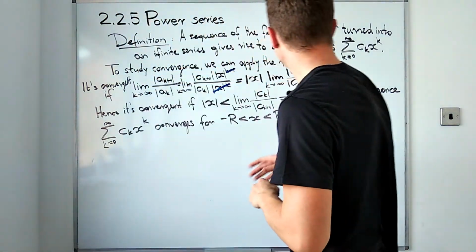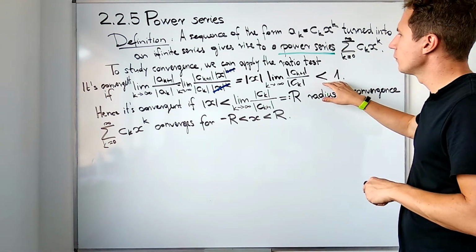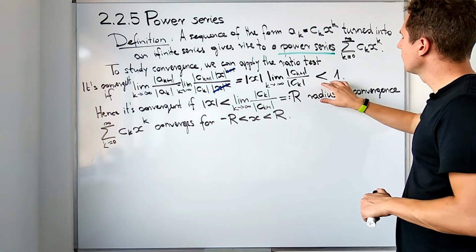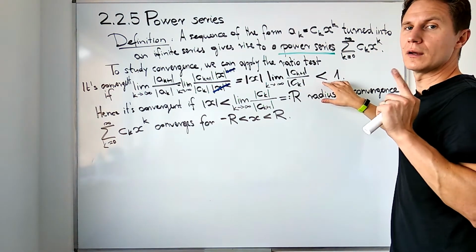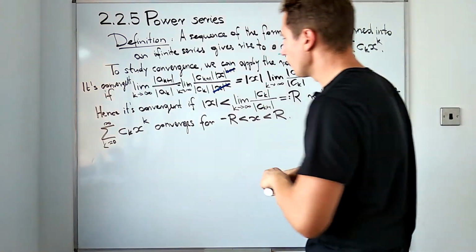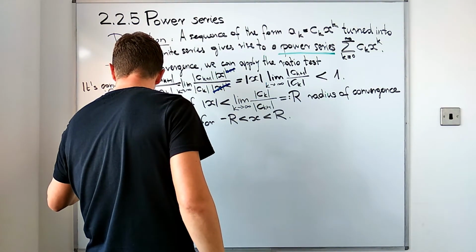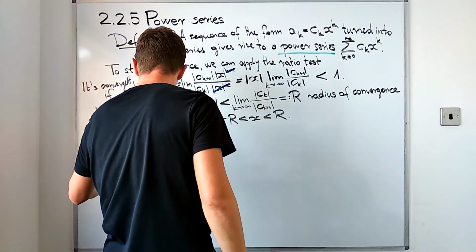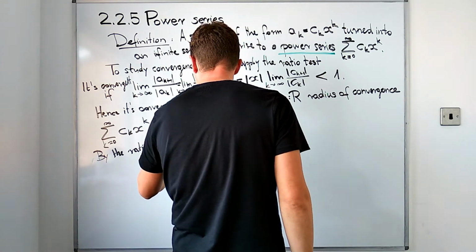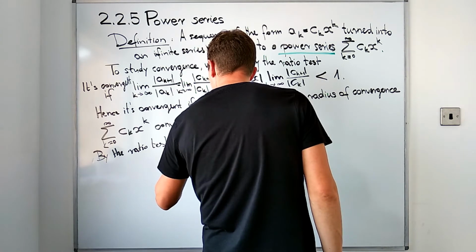Okay, now the ratio test can of course still be applied for the divergent version of these claims. So if this limit is greater than 1, then the ratio test claims that we will have a divergent series. So simply by the ratio test, we also have that this power series diverges